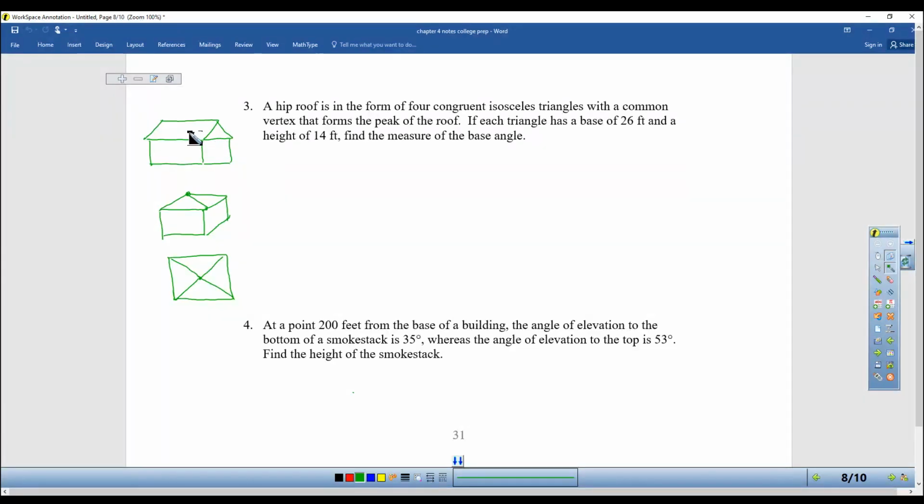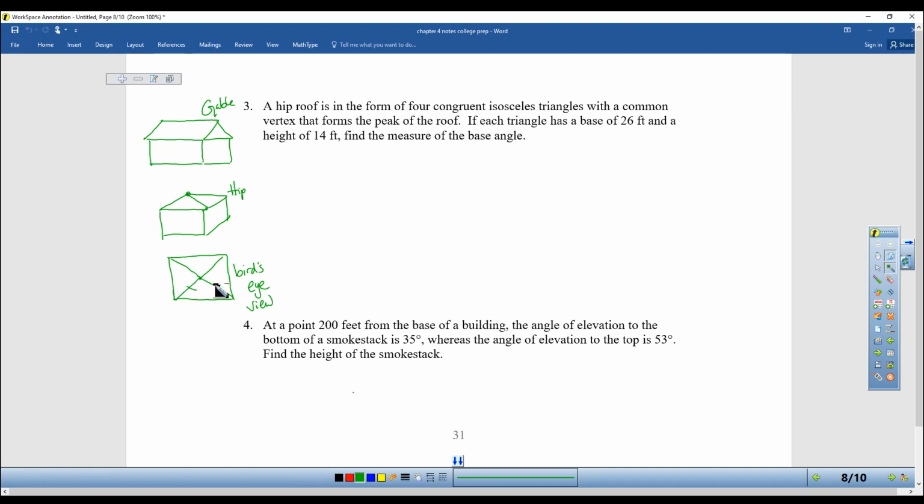So this is normal on a house. Not that there aren't any houses that have a hip roof, but it's much more common for it to have a gable, and this would be called the gable end. But this is called the hip roof. And again, you normally see it on things like gazebos. This is the bird's eye view. So the hip roof is formed of four congruent isosceles